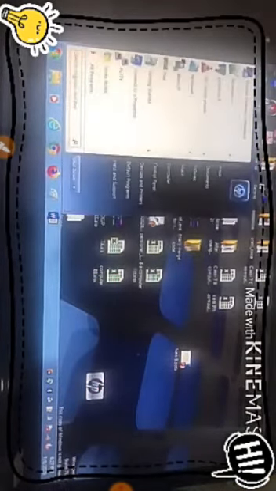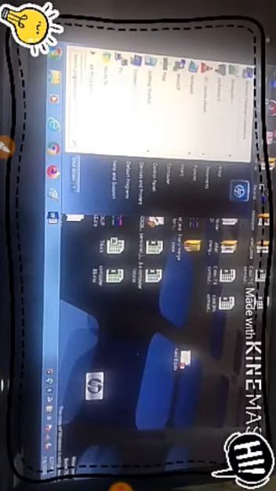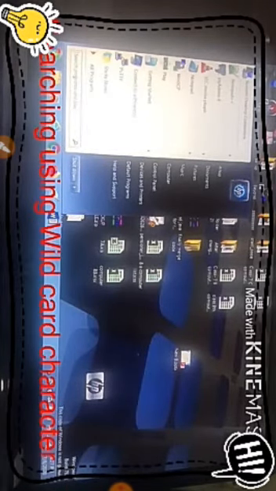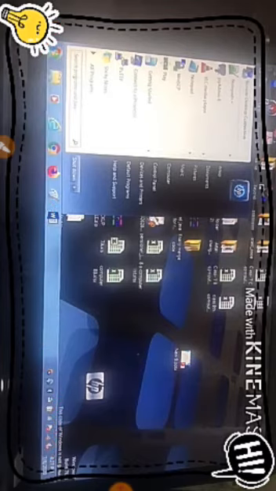Now I'm searching for a file. For searching, you can directly search from the start button, where you will have the option of search, using wildcards in whatever you're typing. Wildcard means when you're not sure about the correct spelling of the file, you can just use wildcards there.